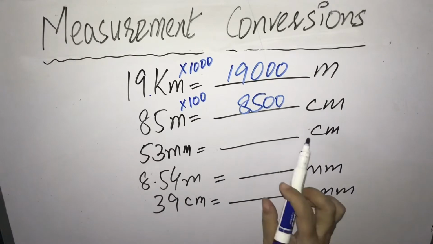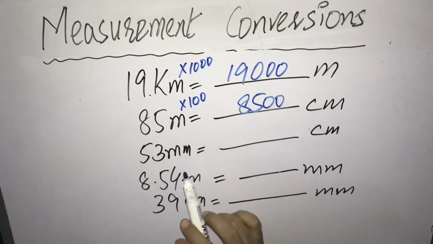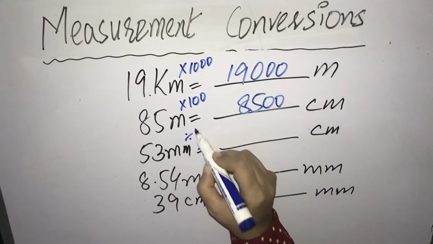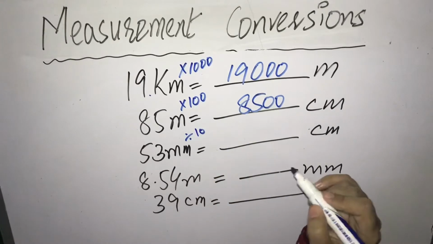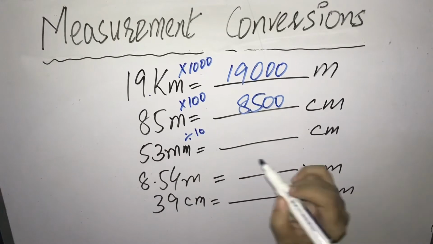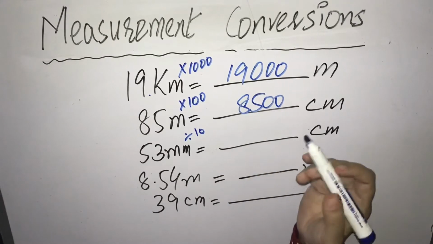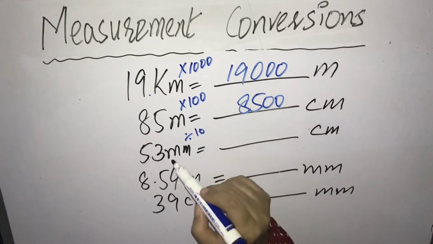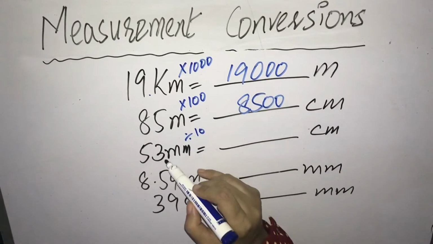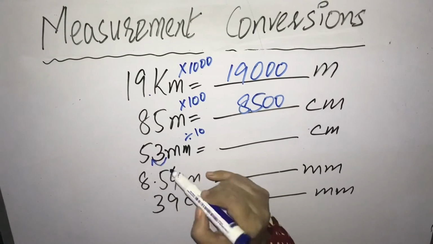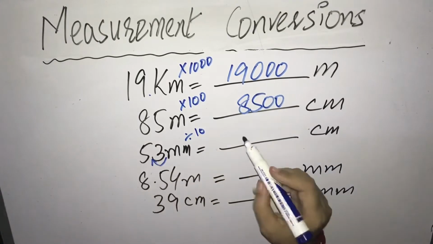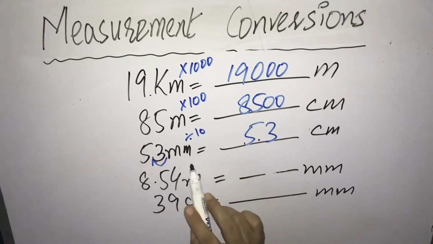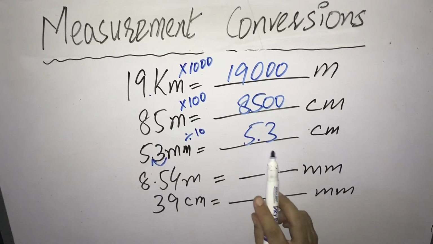The relation between centimeter and millimeter is of 10, but millimeter is smaller, centimeter is bigger. So we have to divide. When we go to a bigger unit, we divide. Relation remains same, but when we go to a bigger unit, we divide. When we go to a smaller unit, we multiply. So when we shall divide 53 by 10, right now our decimal is here. It will go one place towards the left side and answer will be 5.3. In other words, 53 millimeter is basically 5.3 centimeters.